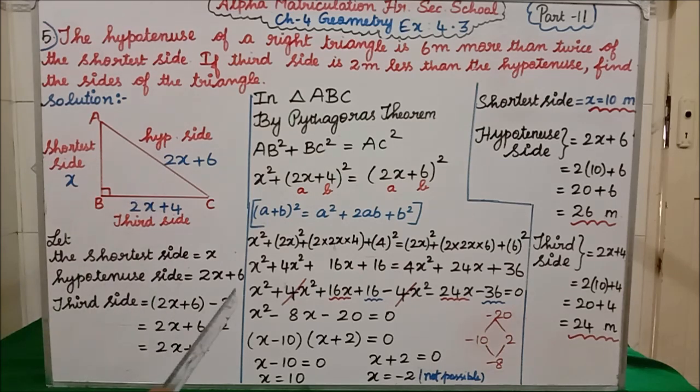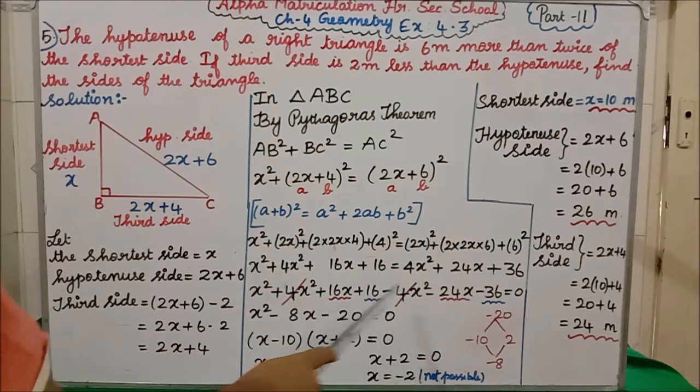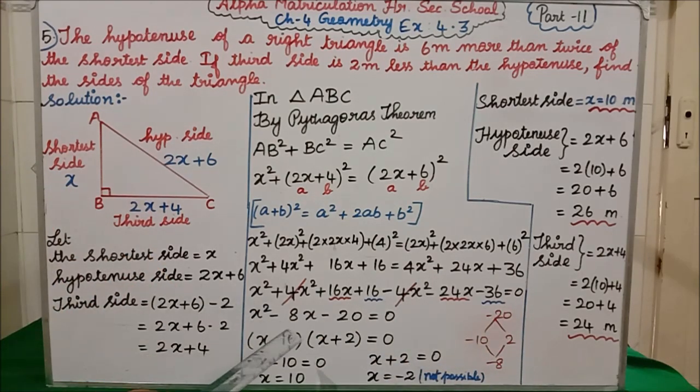You have to consider it as 1. So 1 into minus 20 is minus 20. Clear? This minus 8 you have to write down. I have told you in factorization that you have to take the possibilities of 20 first. What are the possibilities of 20? 4 5s are 20, 10 2s are 20. 4 plus 5 will come to 8? No. Then we have to go for 10 2s are 20 only. So I have written 10 here too.